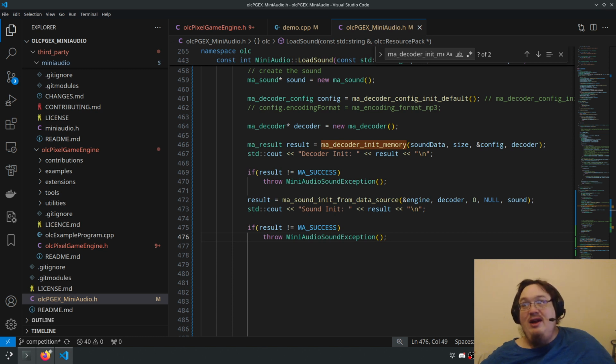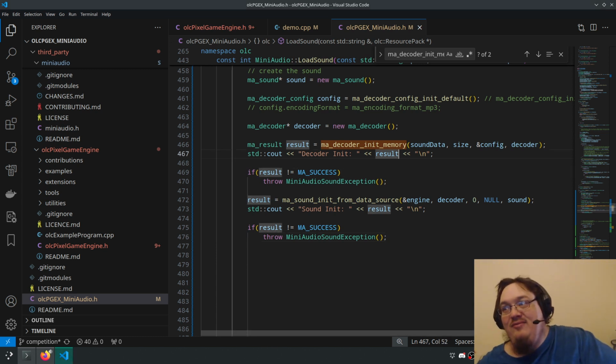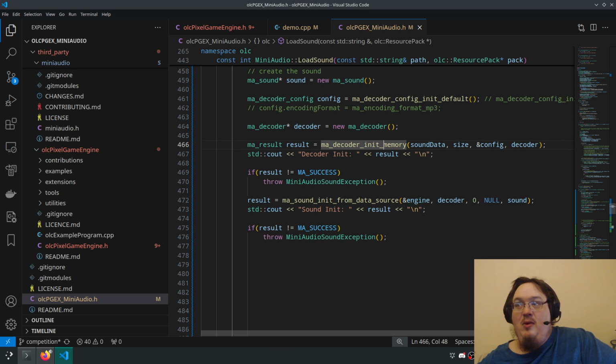It's like 20 layers of abstraction. Yeah, hold on.